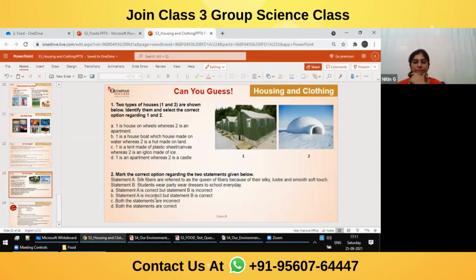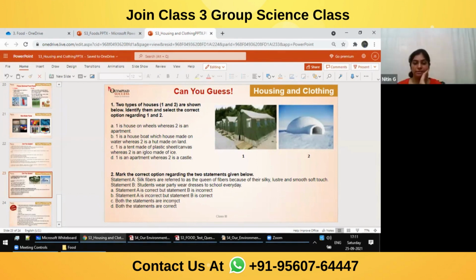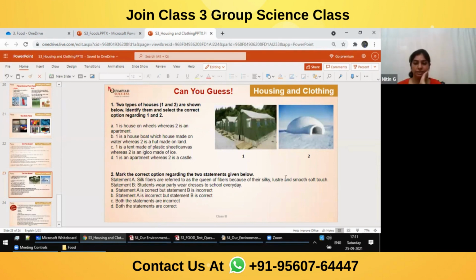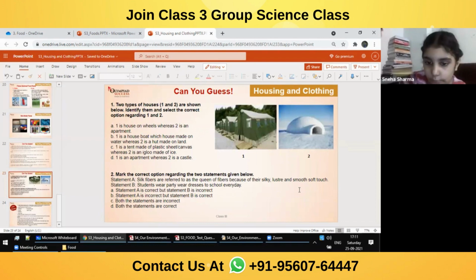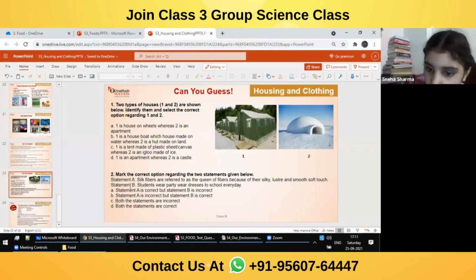Yes, Neha, second question. Yes, ma'am. Mark the correct option regarding the 2 statements given below. Statement A: silk fibers are referred to as the queen of fiber because of the silky luster and smooth touch. Luster means shine. Silky, you all know. Statement B: